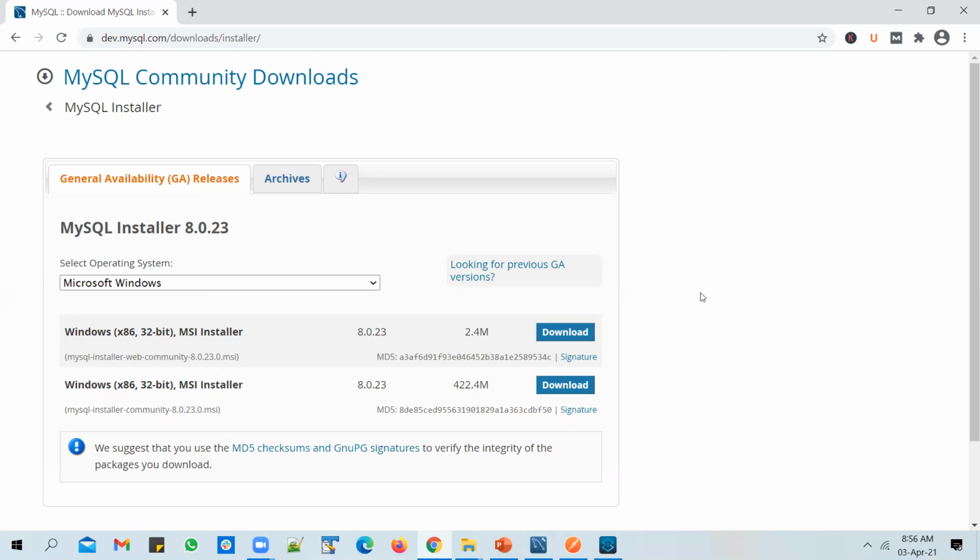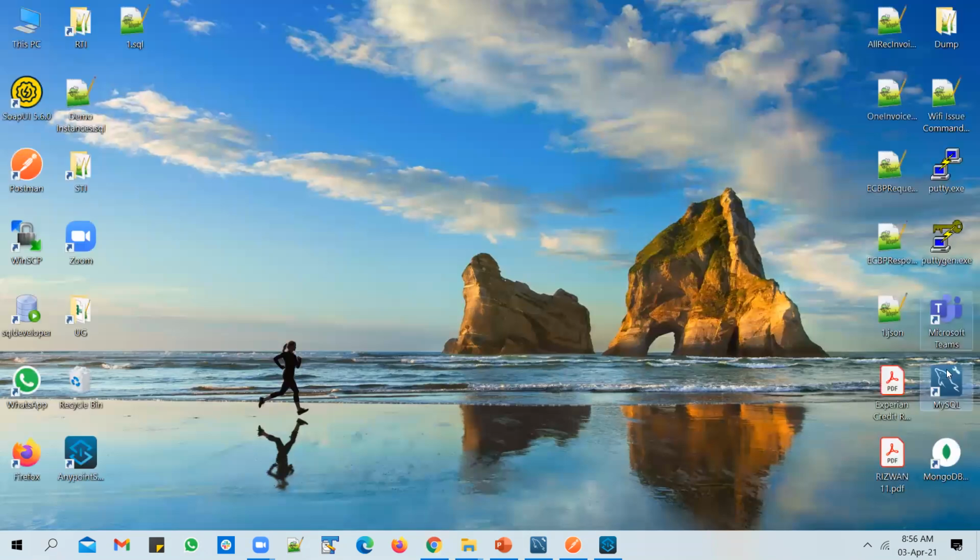When you're installing MySQL database on your machine, in one of the screens, it will prompt you to enter a password for the root user. Ensure that you take a note of it. After you have installed MySQL database successfully, you should see a shortcut like this appearing on your desktop. You can use the MySQL shortcut to launch the MySQL database.